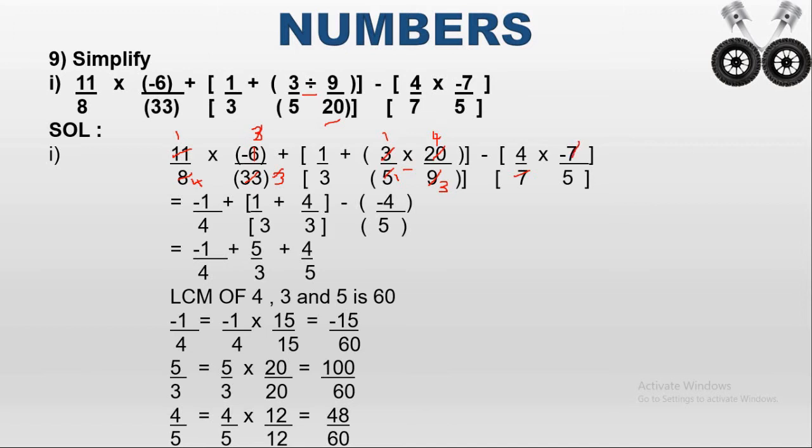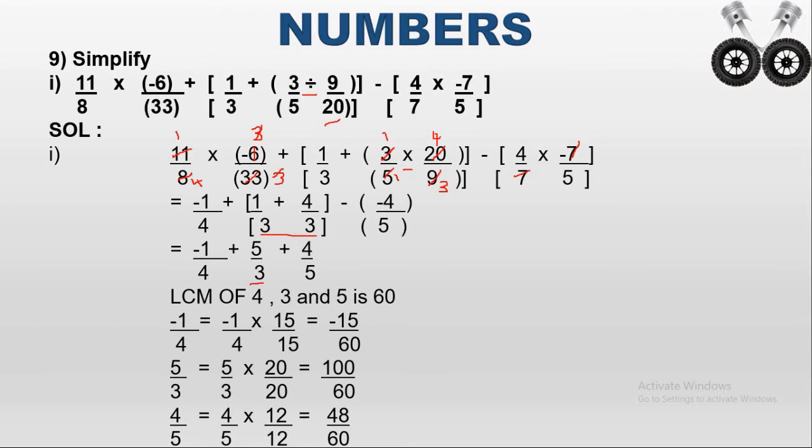So now we can write the remaining factor. So here in the numerator we are having the 1 with different signs, positive and negative. So we have to write the negative sign. So minus 1 divided by 4 plus 1 by 3 plus 4 by 3 minus 4 by 5. So here 1 by 3 plus 4 by 3, these two rational numbers are having the common denominator 3. So we can add the numerators. So 1 plus 4 is 5.